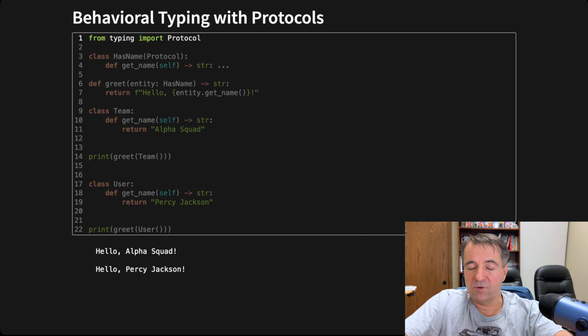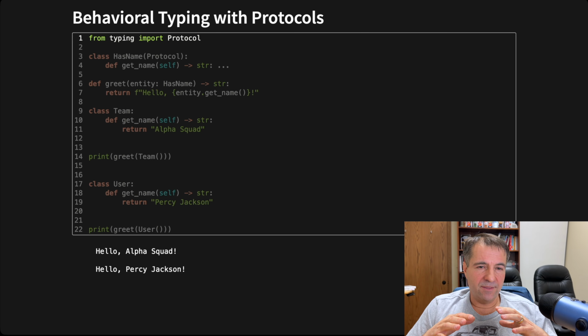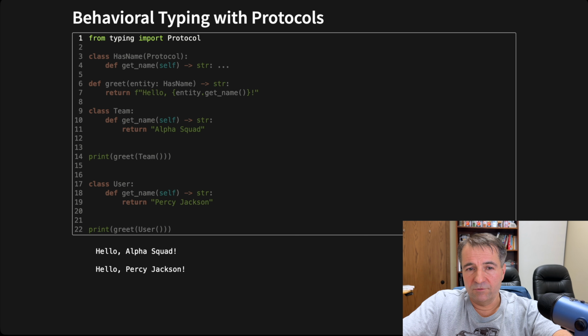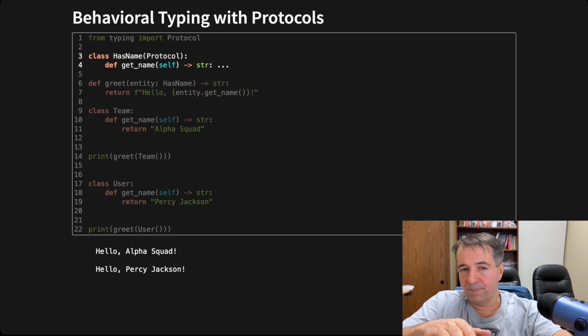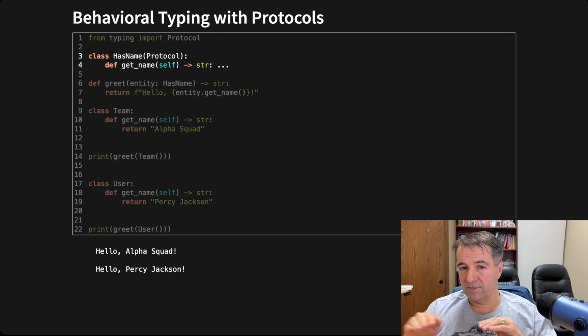Don't know if you've used protocol before, but a lot of times people want to create generic functions using abstract base classes. Protocol gives you a lot of the same benefits, but without using inheritance to achieve it. So let's look at what protocol would be. Over here we're using protocol has name. And what we're defining is that any function that has the get name and returns a string will adhere to this protocol. So that's the simple idea behind it.